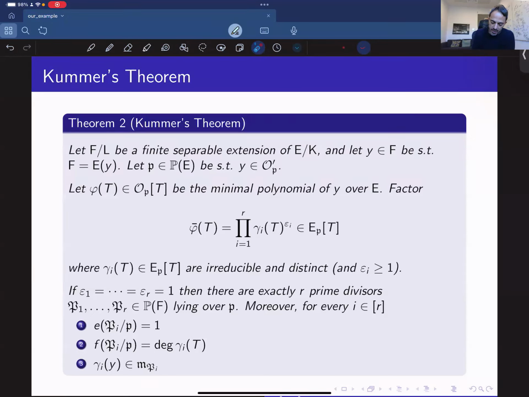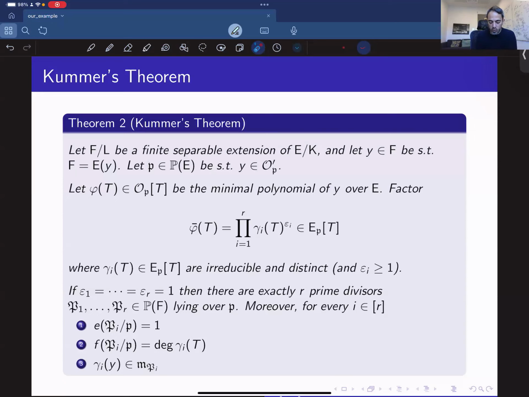Okay, so again, you factor Y. You factor the irreducible or minimal polynomial of Y after you project that minimal polynomial to EP, and you look at the components in the factorization. And Kummer's theorem, this is one version of it. There are more general versions, but I just want to analyze our example, so I'm using the simplest one